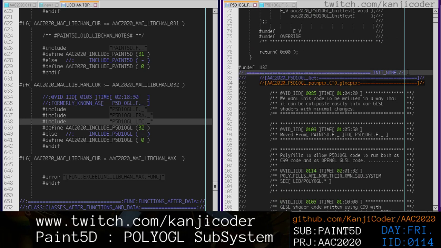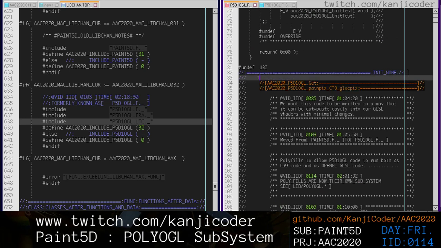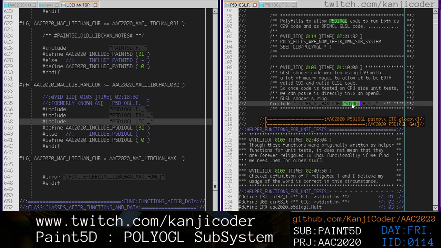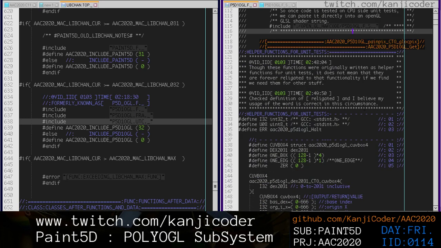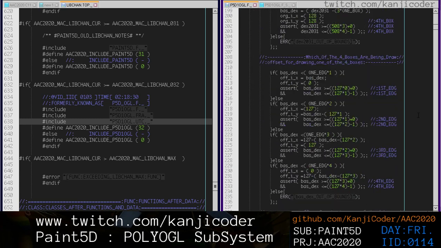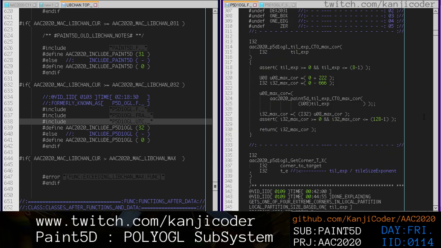This is the fragment shader file. Alright, this is the fragment shader C99 file right here, because right where we have this include here. So that's basically what this is. And then this is helper functions for unit tests, and then just unit tests, right? So helper functions for unit tests, and then